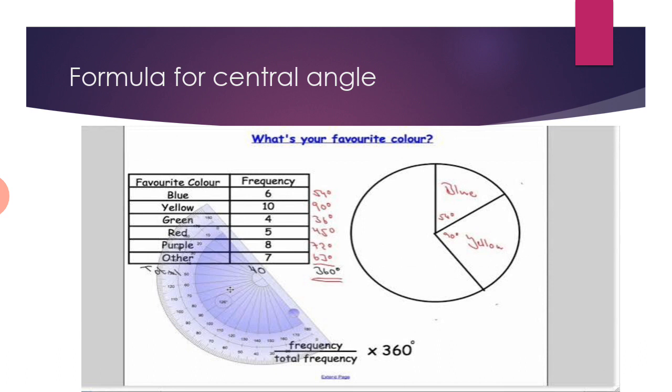This way we go on and on. Now we have to remember that we can do only clockwise or anti-clockwise. We cannot do blue, then suddenly green, then purple, not like that. It has to be in order. Whether it is clockwise or anti-clockwise, it needs to be in order. Blue, then yellow, then green, then red, and then purple, and then others. And it would be nice if you color these sectors as well, and here, because it is about colors, you have to color them according to the name of the colors.